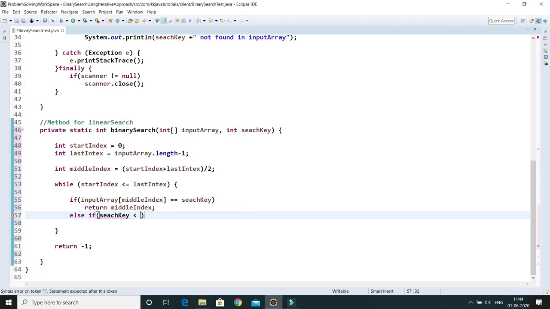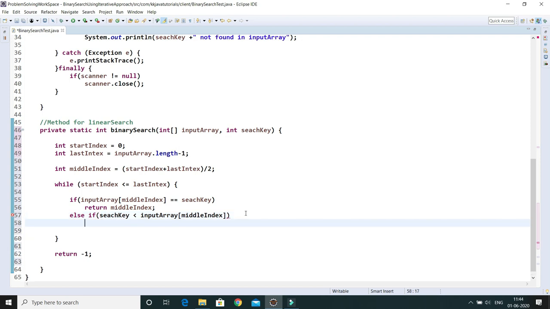Our search element is less than the middle element, right? Then what will happen here? You have to set...